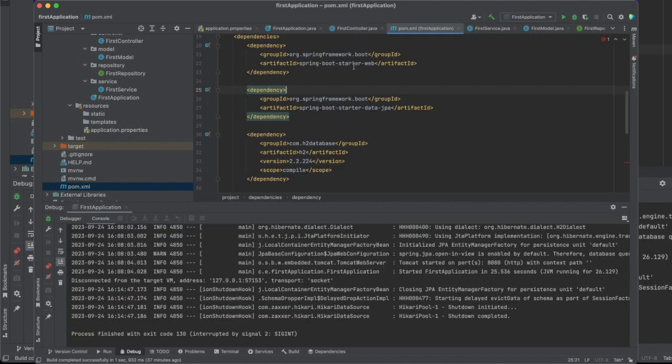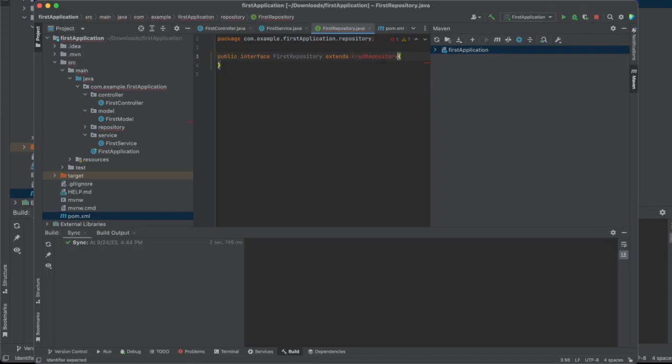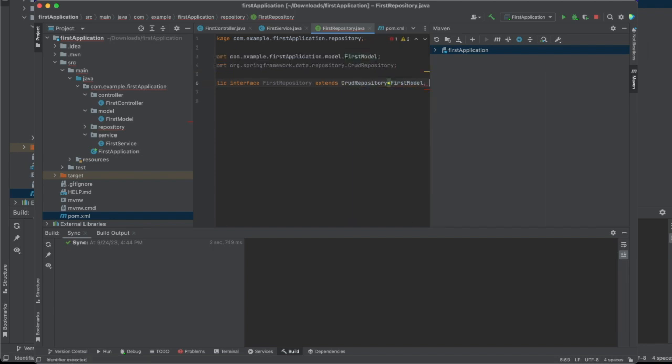CRUD ይሄ create read update delete ለዛ ነው CRUD የሚባለው። እና አሁን እዚህ ውስጥ first model እና ID ነው የሚያስፈልገን፣ ለዛ long ነው።